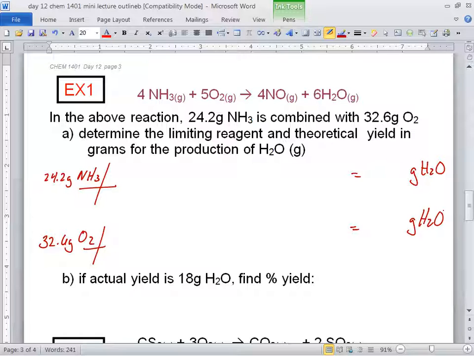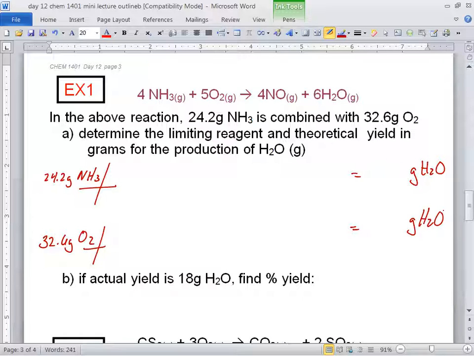So remember doing this? So I would just copy these units. G NH3, G NH3. It might even be easier, otherwise you get confused. I would put in the grams NH3, mole NH3. And that's always going to be molar mass. And then just keep going. And then this has to go down here. Then you have to use that mole bridge to get it into moles of what we're interested in, which is the H2O. But if you stop here, you're in moles of water. So you keep going. And then you go, okay, molar mass again. Mole H2O,